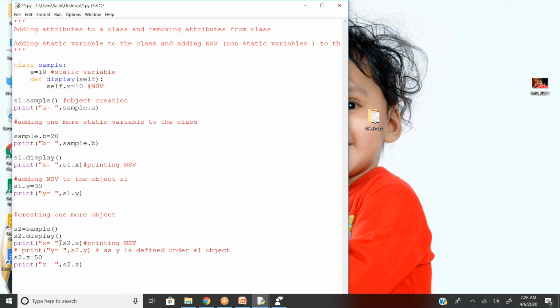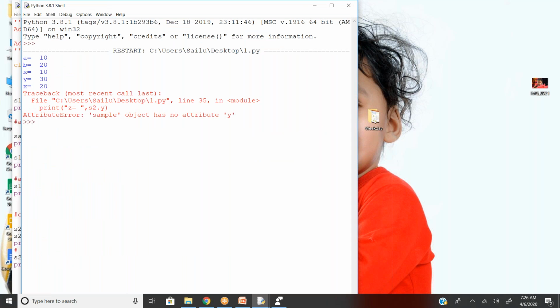So what my intention was, instead of giving s2.x, I want to give s2.y, right? Which is a non-static variable, s2.b, and similarly s2.y. This is my question, right? Now you can see which one is not showing, which one is showing.